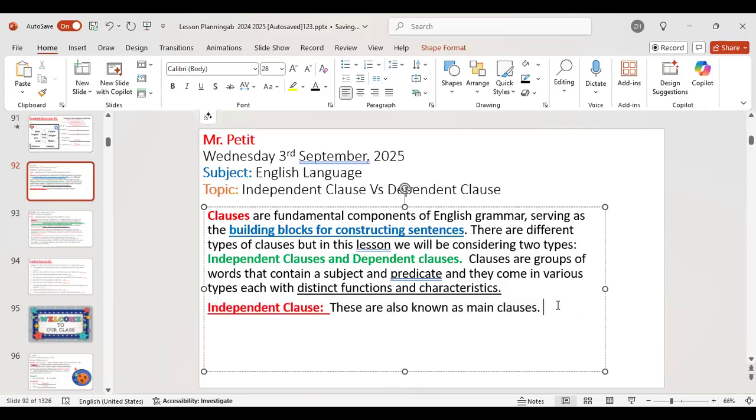Okay. They are standalone units of meaning, and can function as complete sentences on their own. So an independent clause is basically a complete sentence. It could stand on its own. It doesn't need any help. All right. For example,